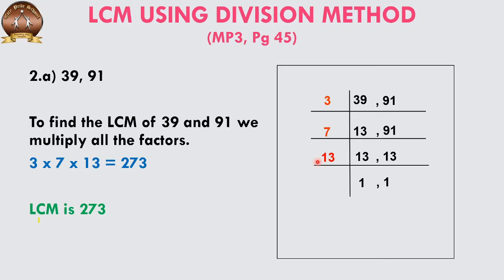One more thing which is very interesting in the LCM is that for the least common multiple, the word used is least, but it is always greater than the numbers which have been used to find the common multiple. The numbers are 39 and 91 while the least common multiple is 273. The LCM is always going to be bigger than the numbers for which we are looking for it.